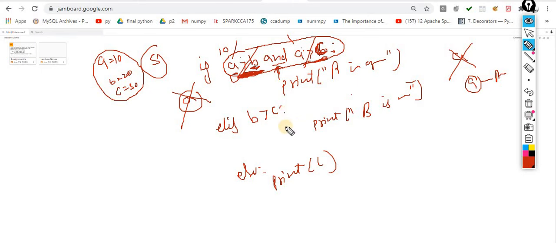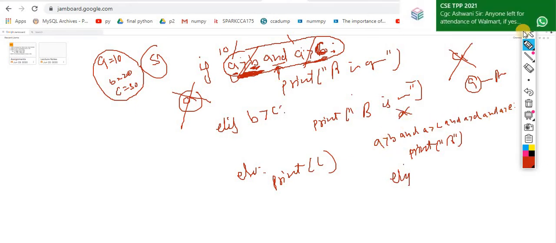Now the same thing implemented for 5 numbers: A greater than B and A greater than C and A greater than D and A greater than E. Perfect. If all conditions are true, then print A is greater. Elif, now I know if one condition is false, A can never be the largest number.